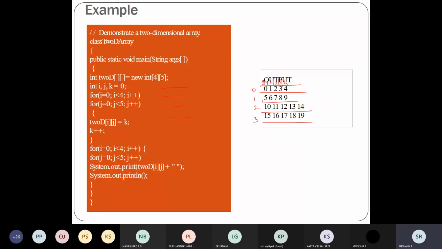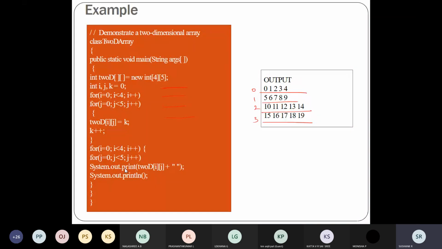The first element is at position 0 0, and the second element is at position 0 1. Here I'm just declaring an array which contains 4 rows and 5 columns, and I'm just giving the value of k.